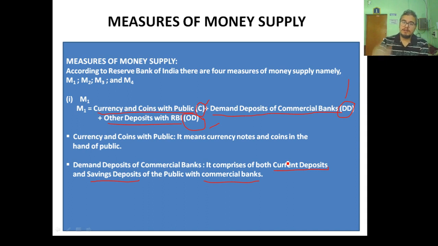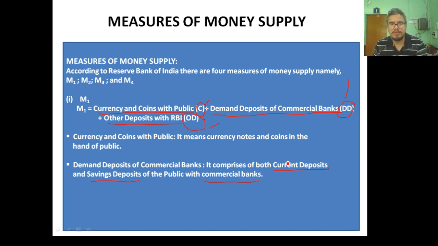Instead, the customer who is maintaining the current account deposits has to make interest payment to the bank, because the bank is providing security to his or her money. Because we see that all the businessmen, after doing the business, say in a day they are doing business of 3 lakh or 4 lakh, 5 lakhs, then they cannot keep that huge amount of money at their home or in their shop itself.